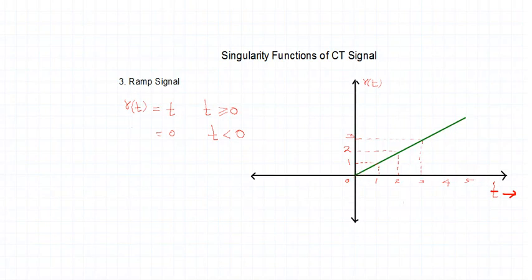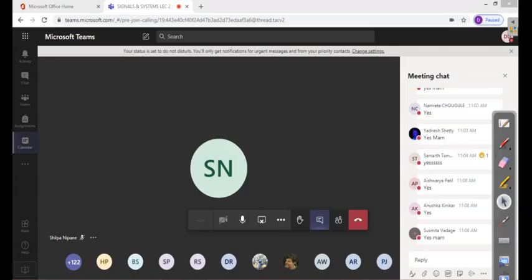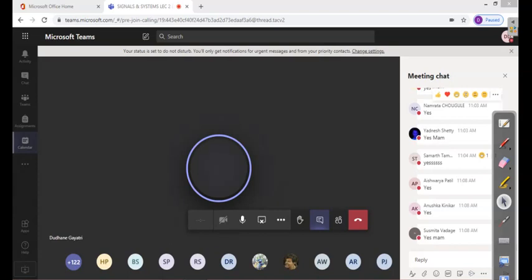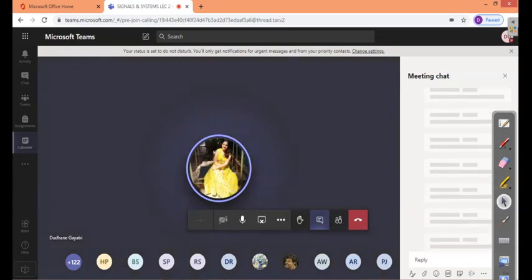If I start with 0, when t is 0, r(t) is 0. When t is 1, r(t) is 1. When t is 2, r(t) takes a magnitude 2. When t is 3, r(t) takes a magnitude 3, and hence what you get is nothing but a linear signal, and that you call a ramp signal. Is it finite or infinite? Yes, definitely it is an infinite signal. You can note it down and sketch it. So that is the r(t) signal.